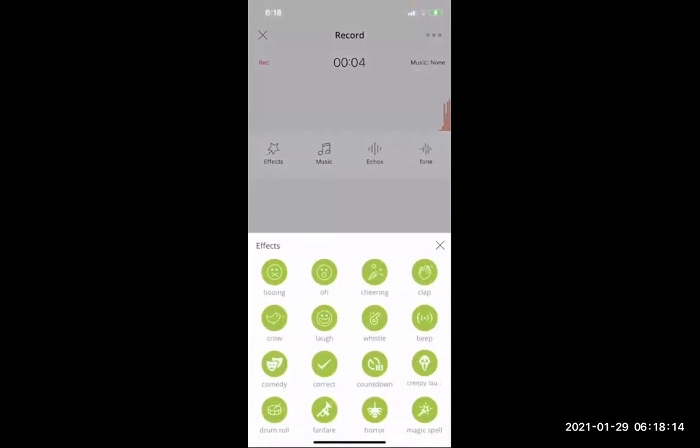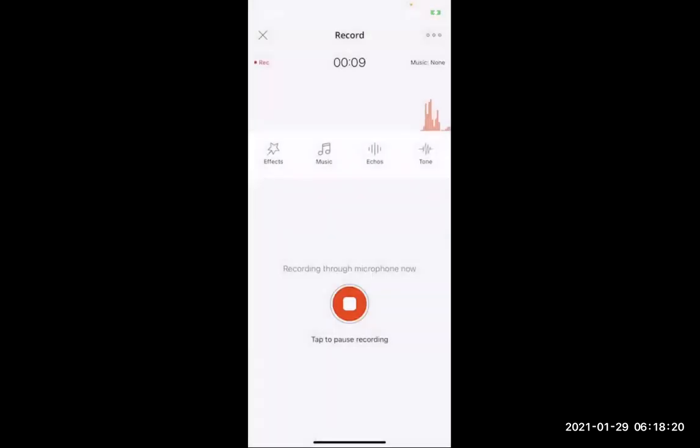You can add special effects. There's also music you can choose from, different sounds, but you can do all of the recording of your actual podcast right from the app. And then when you're done,